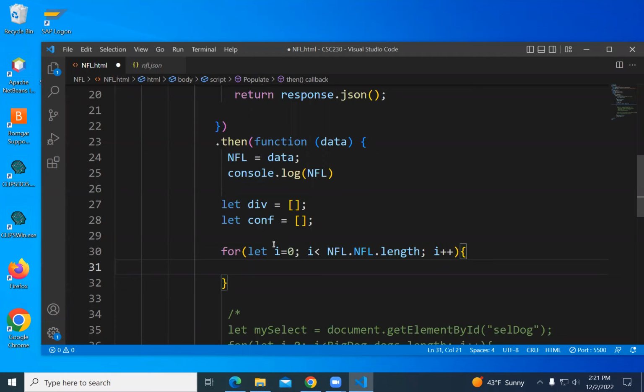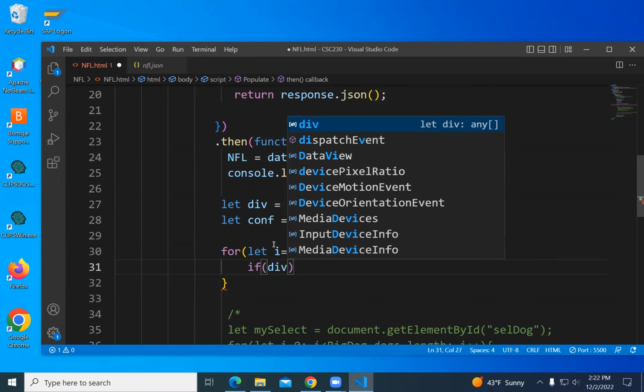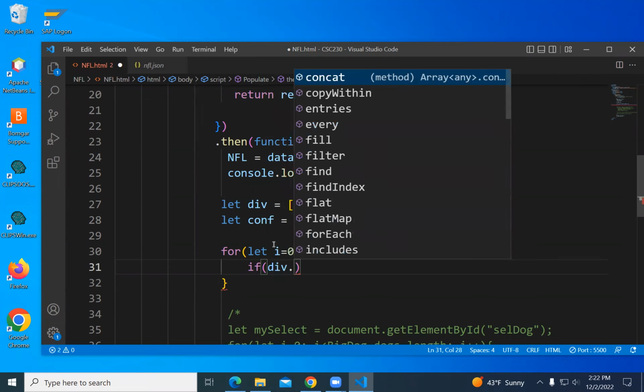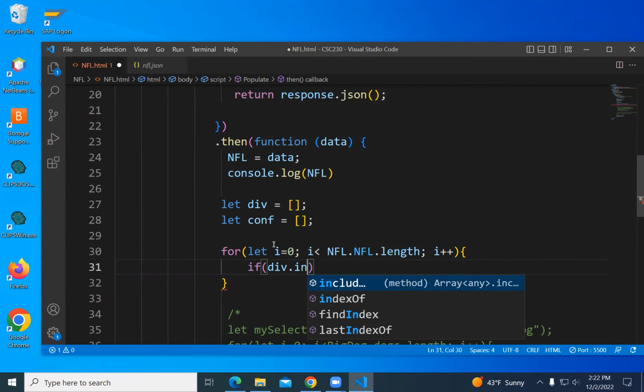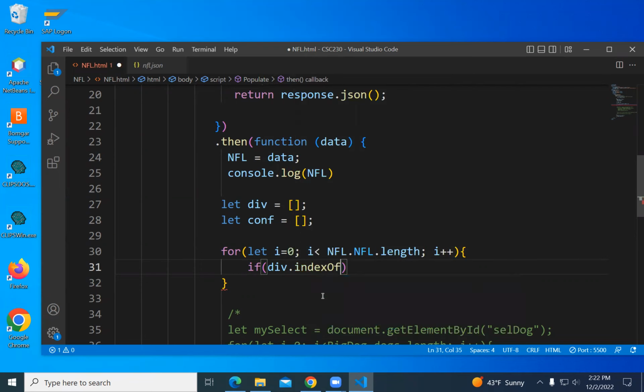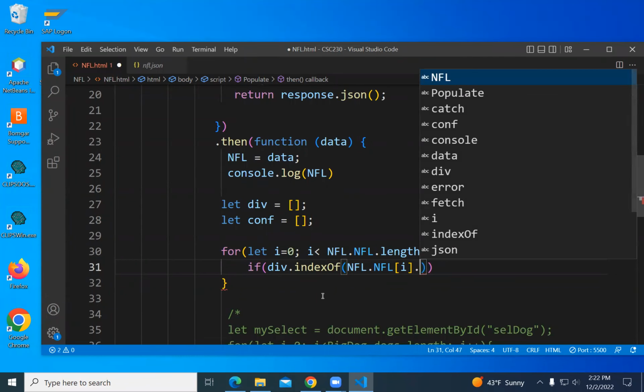All right, so let's try that. I'm going to do a search of my division array, but for the ith team, NFL.NFL[i], that's the ith NFL team. And then the team has what properties?